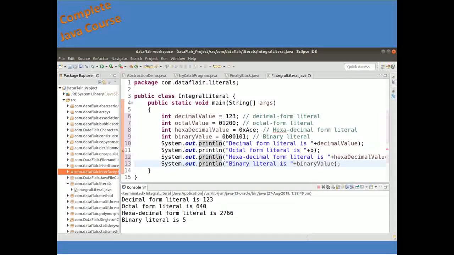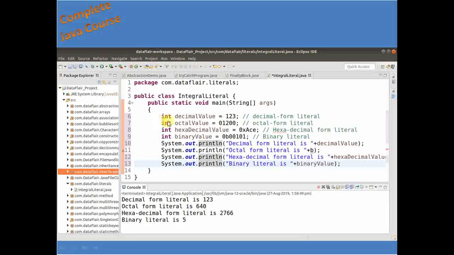So here you can see the example, like int decimal value we have defined 123, decimal form literal, octal form literal, this is the hexadecimal form literal, and this is the binary literal. If you print that value, then you will get 123 because this is the base 10 literal. The value of this is 640 because it is in base 8.